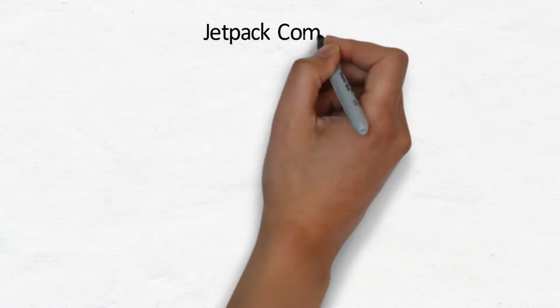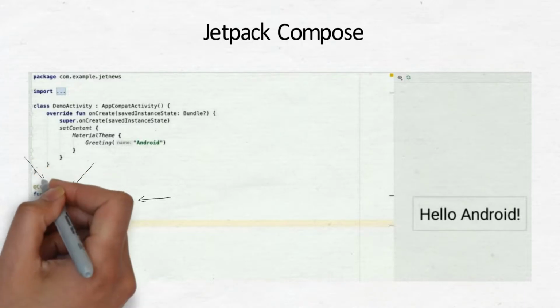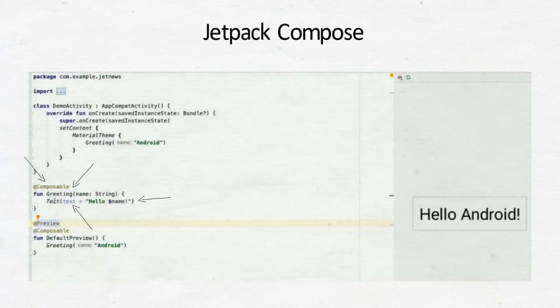This is Hello World from Compose. What we do here is we can take an existing composable or a widget and we can wrap it in our own function and customize it with some arguments. And as soon as we put a composable annotation on it, we have created our own widget. And we can also mark it with this preview annotation and then it shows up in a preview pane inside the Kotlin file.